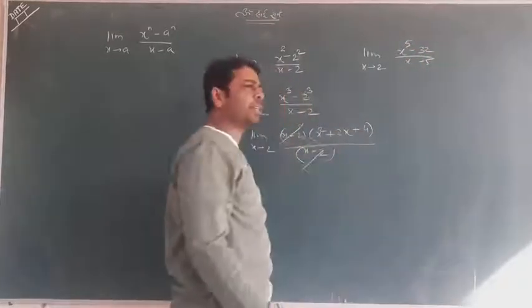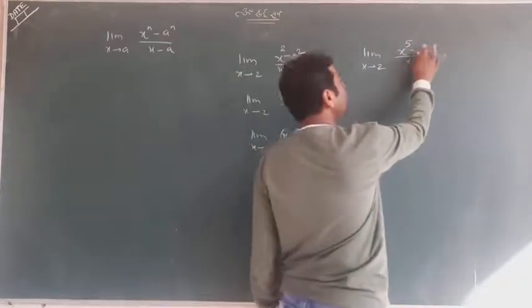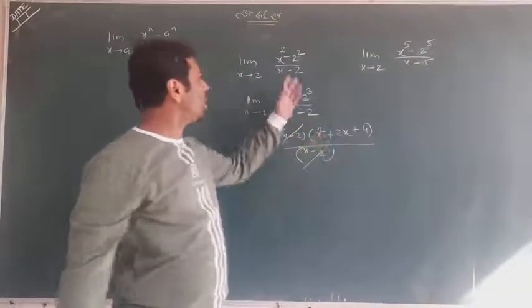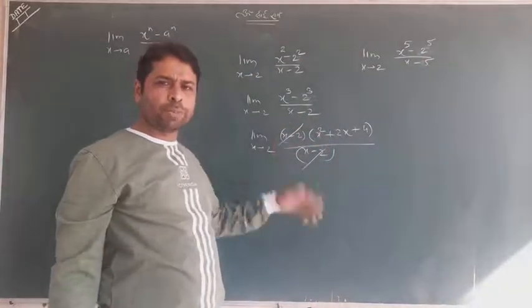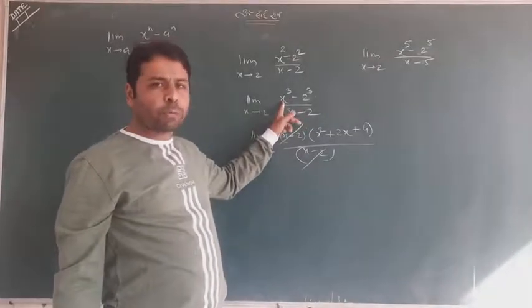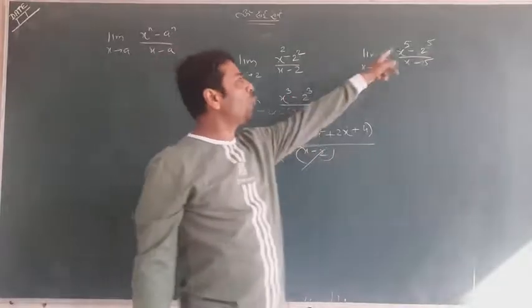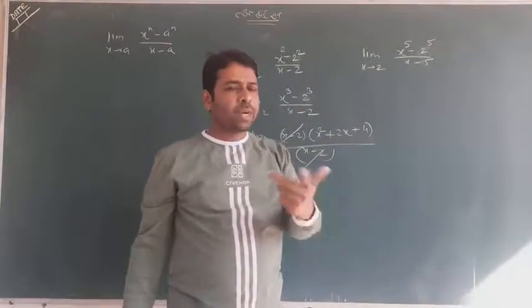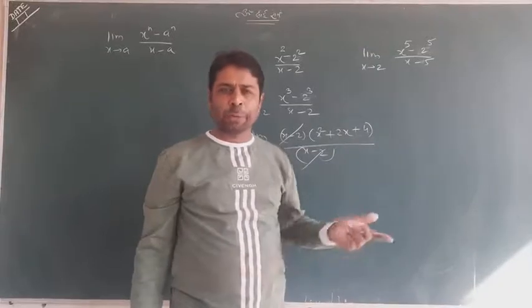Suppose the question is like that. You will write 32 as 2 to the power 5. Now solve it as you did the previous question. But this time, you knew the formula for a cube minus b cube, but you don't know what a to the power 5 minus b to the power 5 is. So we are helpless. Even I am helpless. I don't remember the formula.